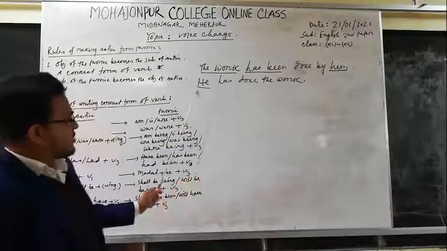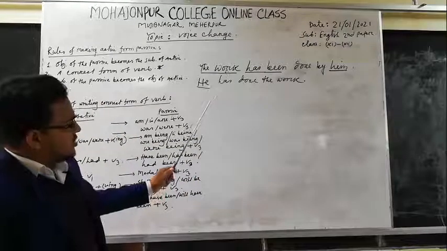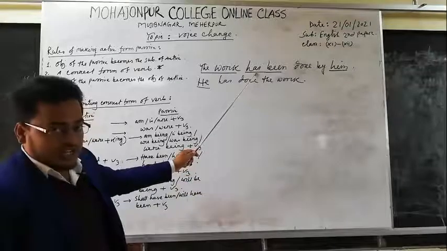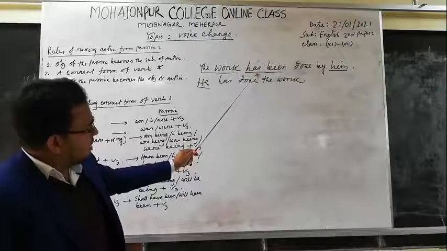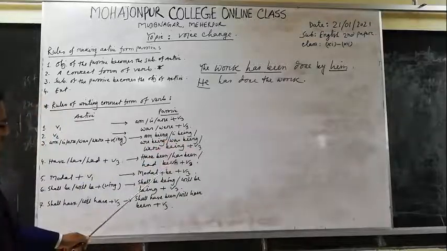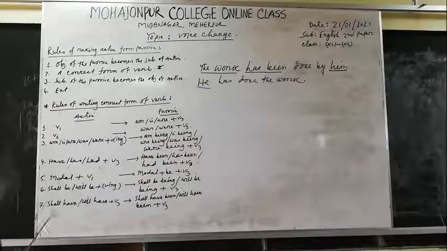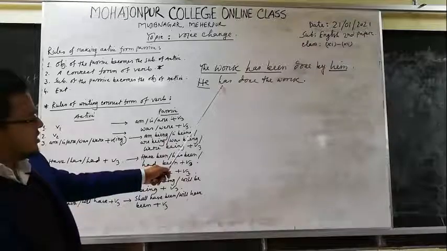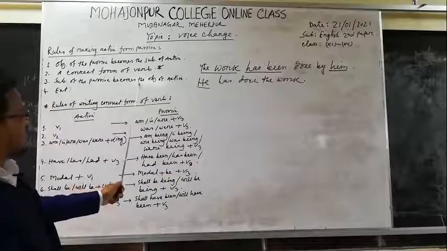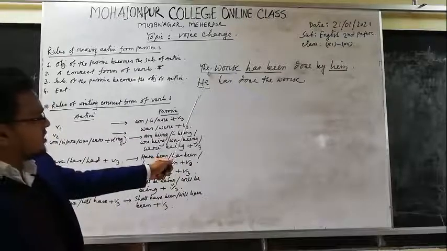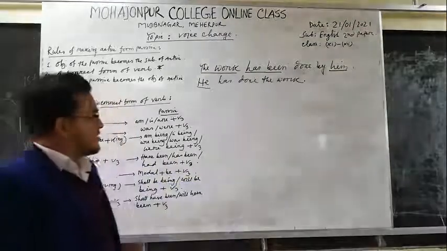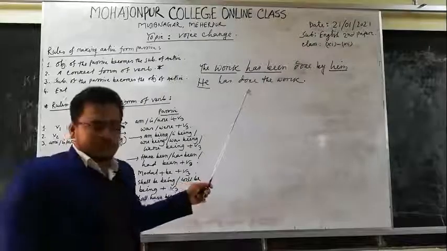Okay, so my dear students, I repeat it, the work has been done by him. Object has become the subject of an active voice, he, and then by noticing the auxiliary verb of passive voice, we have to make a correct form of verb. There is has been here, so it will be have, has, had and verb past participle, so it has become has done, and then the subject of the passive becomes the object of active. Subject, the work, has become the object of that active. Okay, so my dear students, I think it is clear to you.